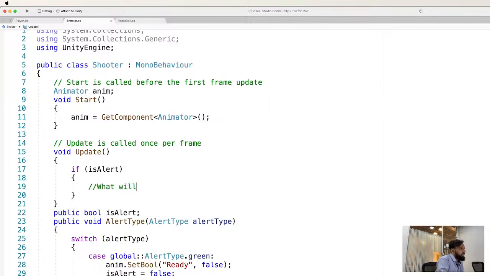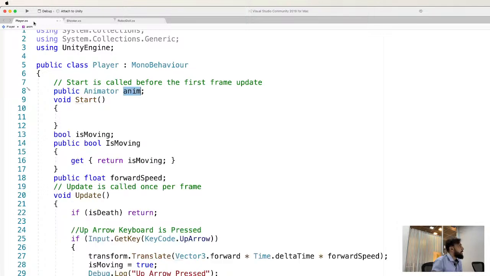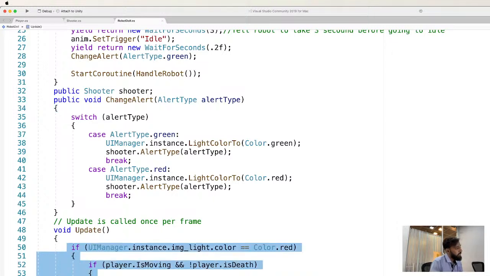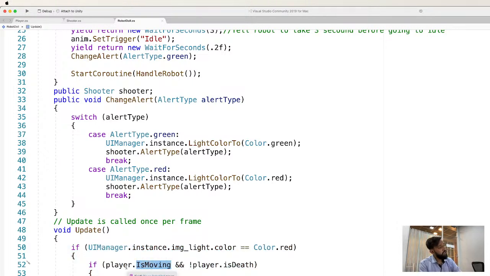What will we do when the shooter is in alert state? Okay, so first we will remove the logic. Here in the update, we put the logic to call the death animation for the player if the player is moving. How do we know the player is moving? From this variable, is moving, and we are checking whether the player is already dead or not. So this logic we will remove it from the